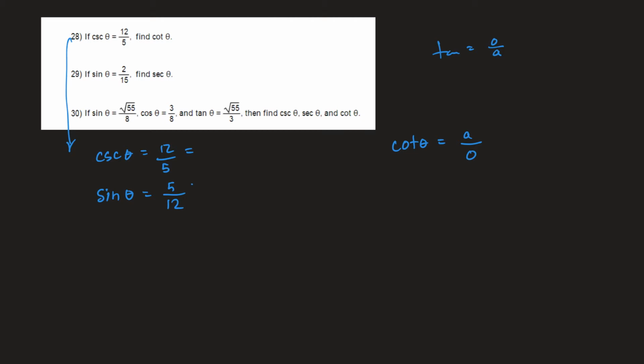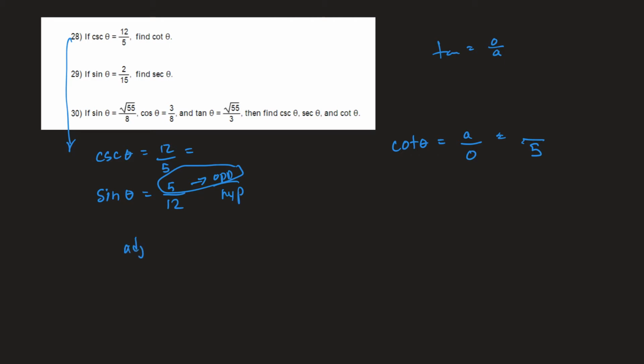Sine, the top one, is opposite over hypotenuse. So I have the opposite number right there. It's a 5. So my opposite number is a 5. But I don't have an adjacent number. I have an opposite and a hypotenuse. But I know I can use